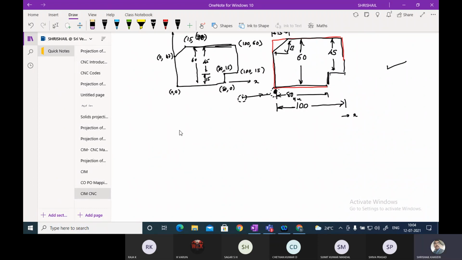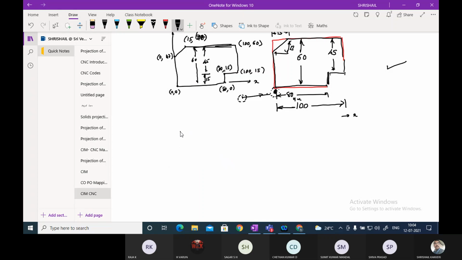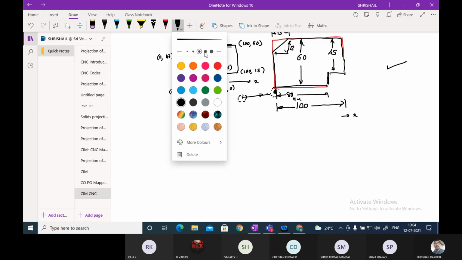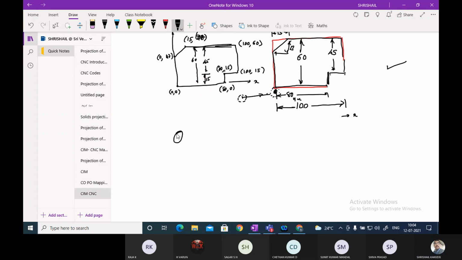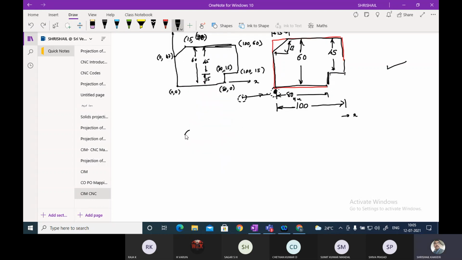Now, program number, I'm writing. Okay, it became big. Okay, program number 000, just something I am writing.